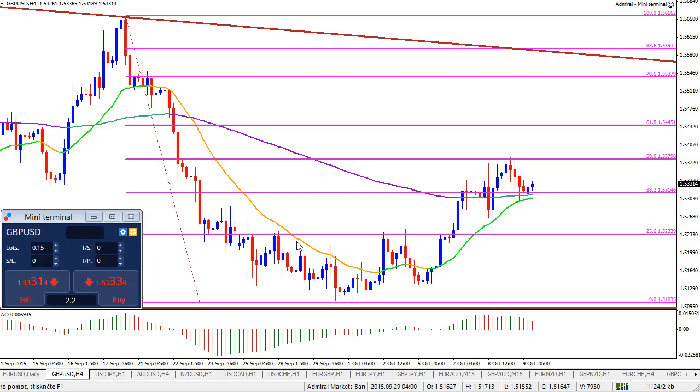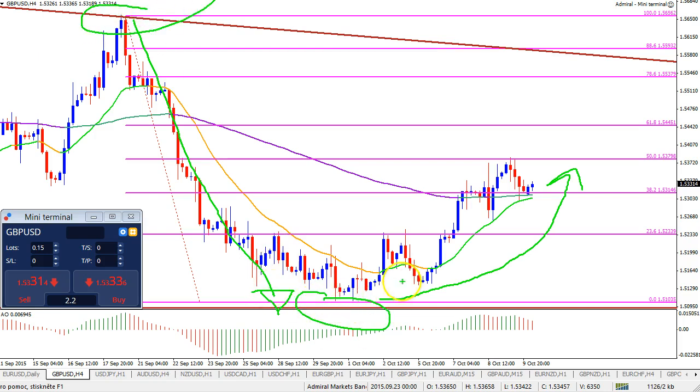Alright, starting with the pound USD 4-hour chart, what I see, of course, is a strong momentum to the downside, and it was a fast, quick impulse, and price is now correcting that momentum to the upside. That's why I have a fib from top to bottom, and you can see the price respecting that fib, 23.6 fib, 38.2 fib, and the 50 fib, all of them where price is neatly stopping at these levels before continuing